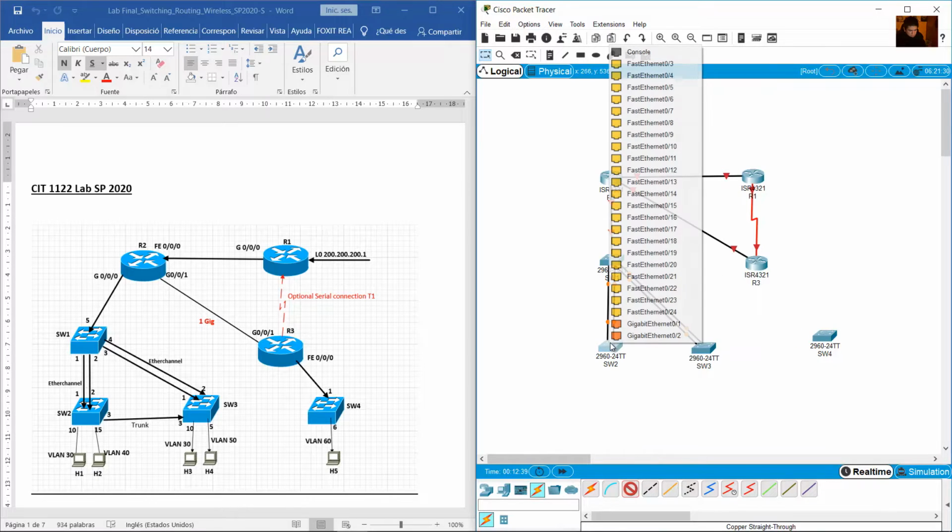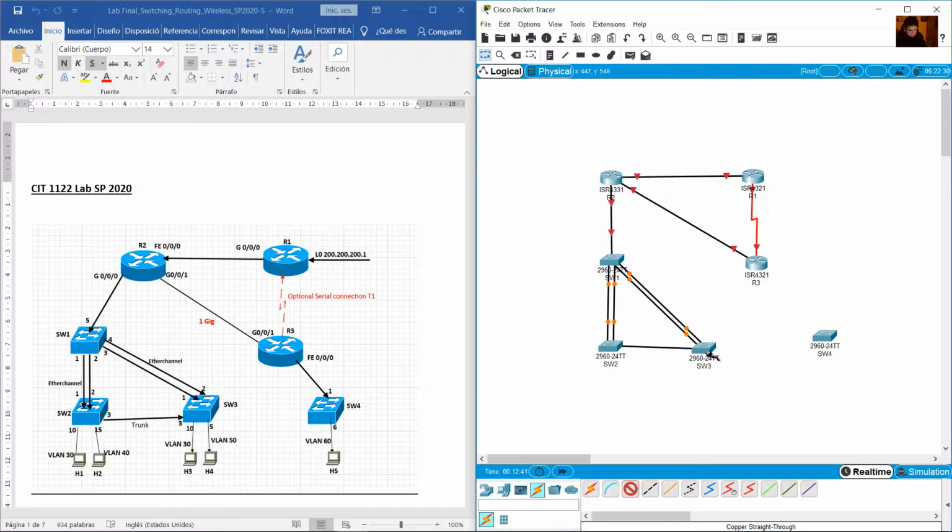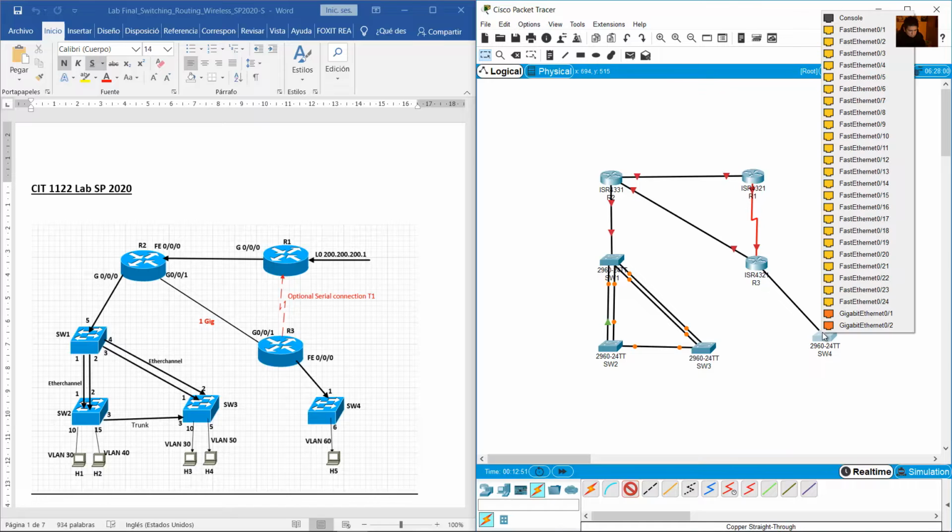And this connection from 3 to 3. And here I will use gigabit 0/0 to fast Ethernet 1